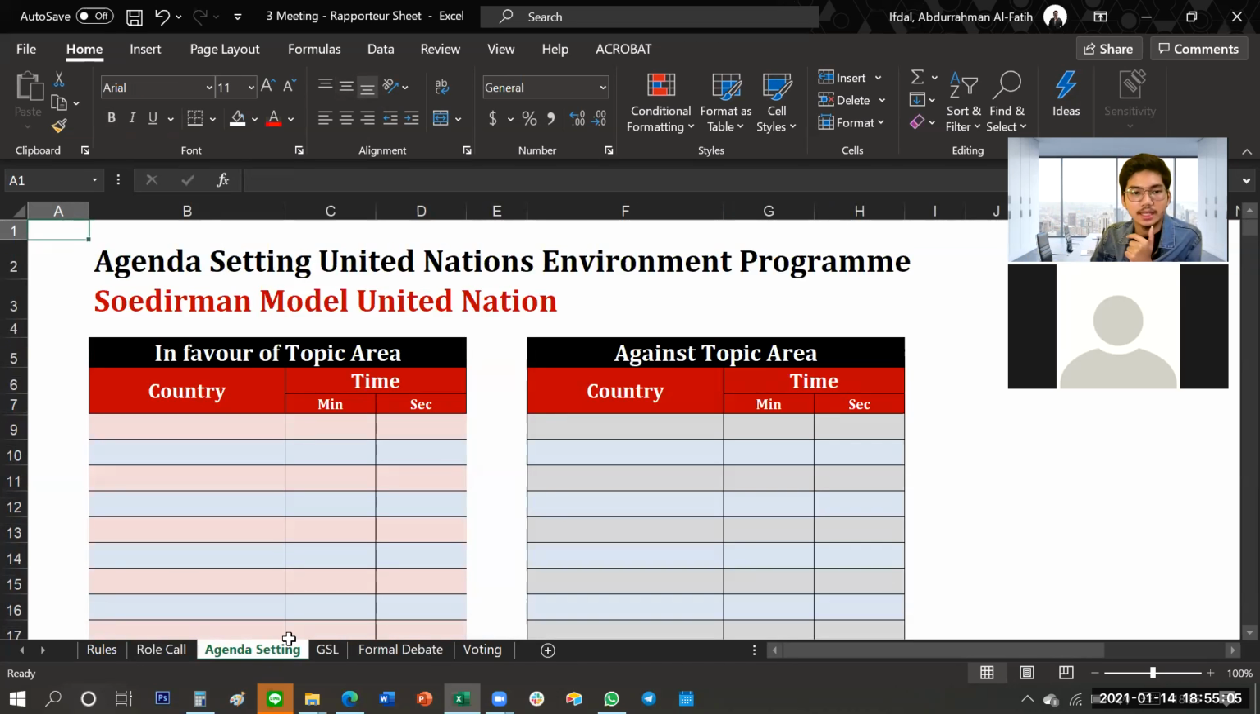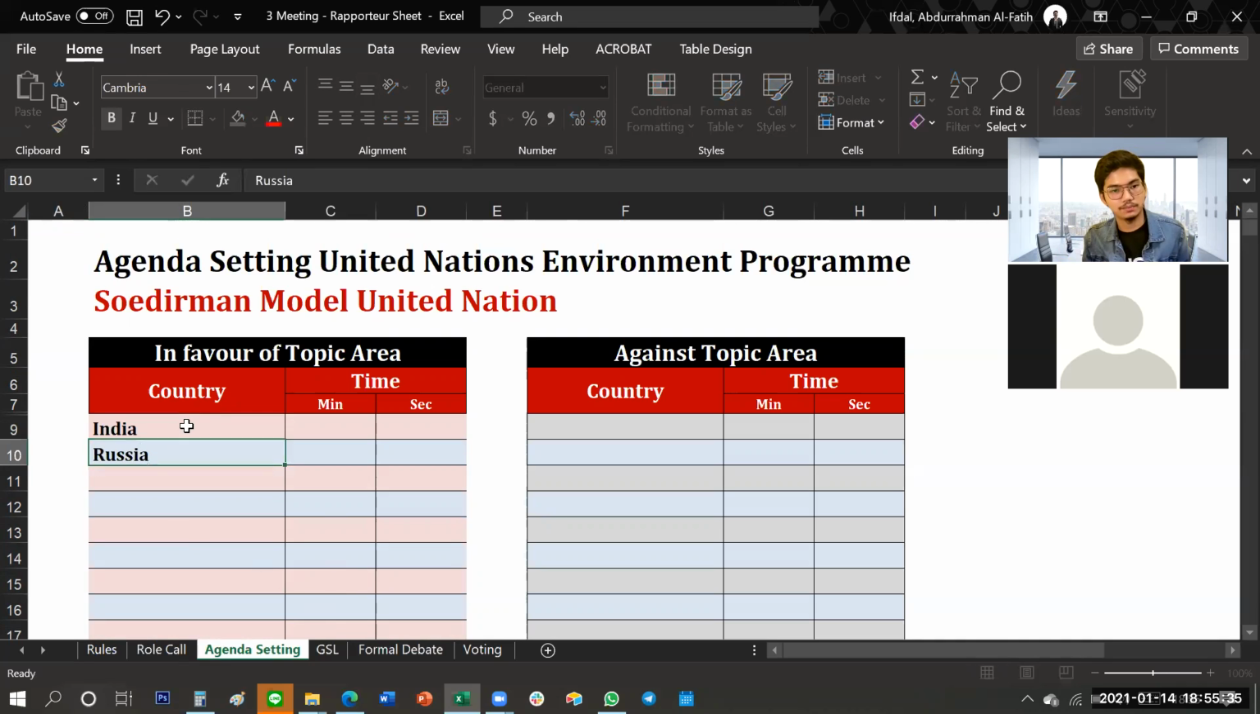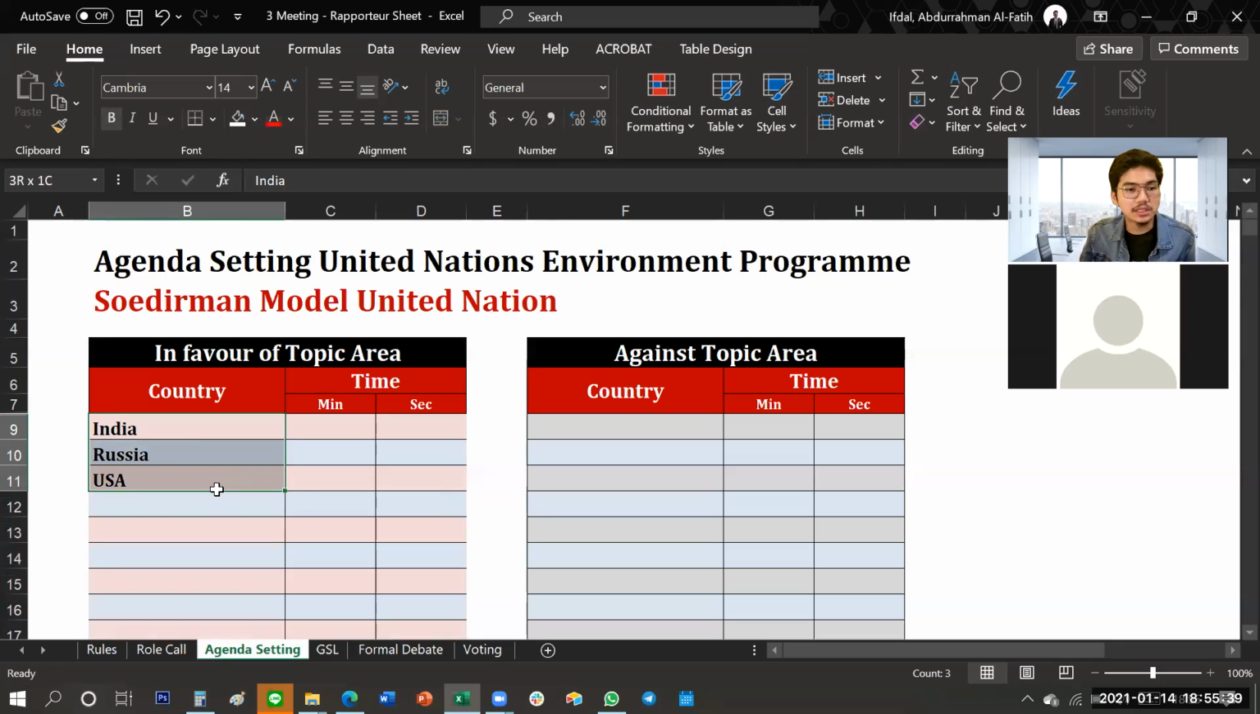For agenda setting, this will be the time where you choose between topics. This only happens if your MUN council has more than one topic to debate. Remember, if there is more than one topic to debate, then you have to have an agenda setting voting process. For example, India, Russia, and then USA. So these three countries